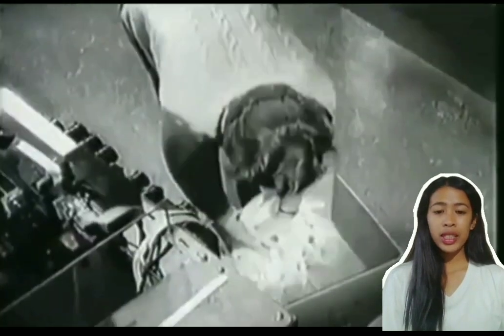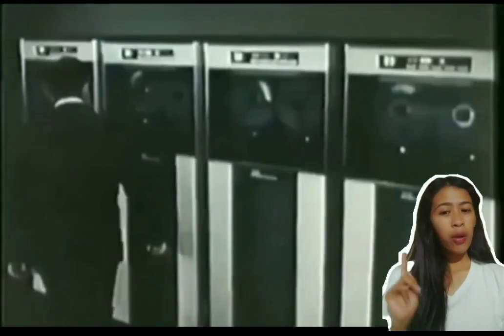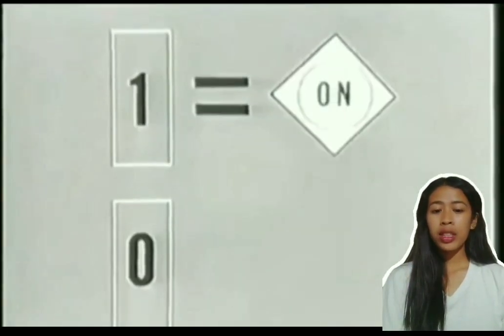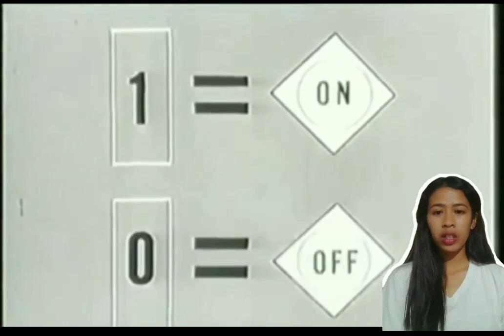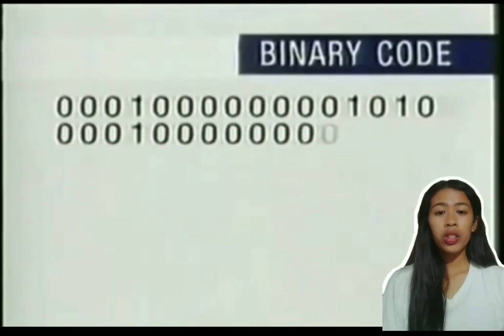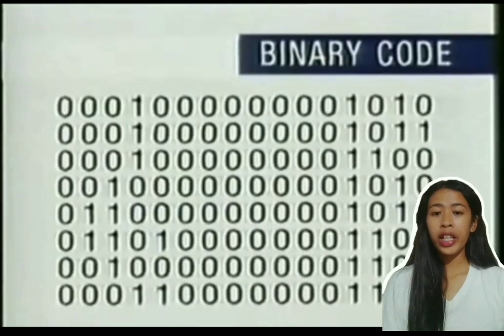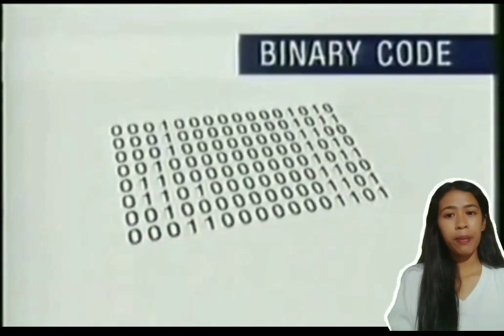The input of this system was based on punch cards and paper tape. However, the output was produced in printouts. The first generation computers worked on the binary coded concept. For example,